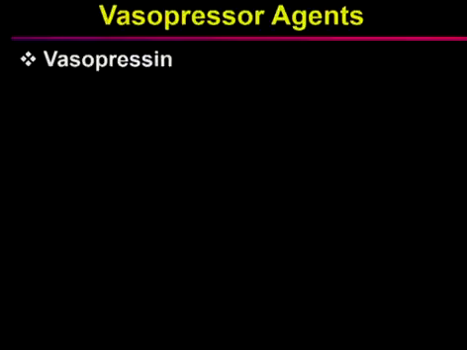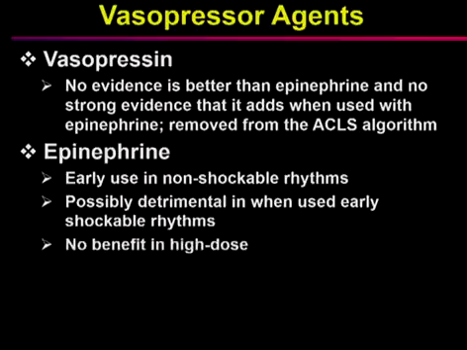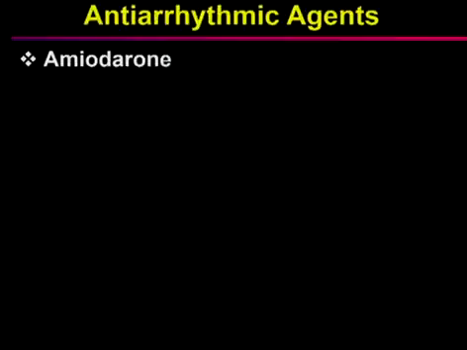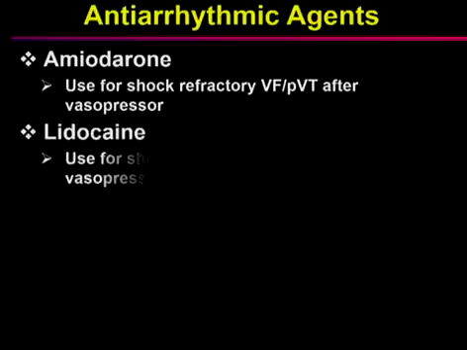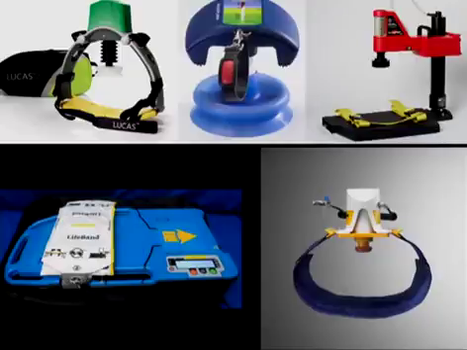Vasopressor, this is simple. The only vasopressor agent remaining alive is epinephrine. Even vasopressin was kicked out. And epinephrine, I tell you, is in life support because it's true that it might increase ROSC, but there's no evidence that survival is improved. So epinephrine, and we don't know for how long. Antiarrhythmic for shock refractory VF and VT. You can use lidocaine if you want to. There are new studies showing no big difference between amiodarone or lidocaine.